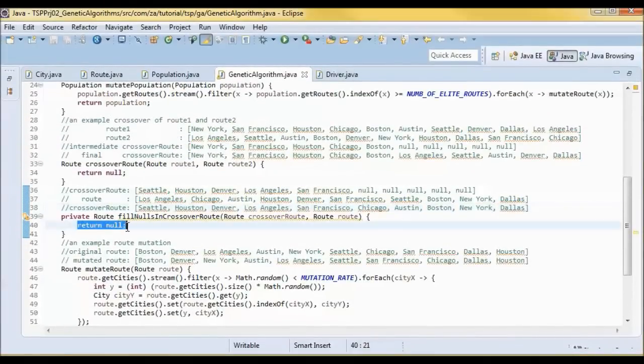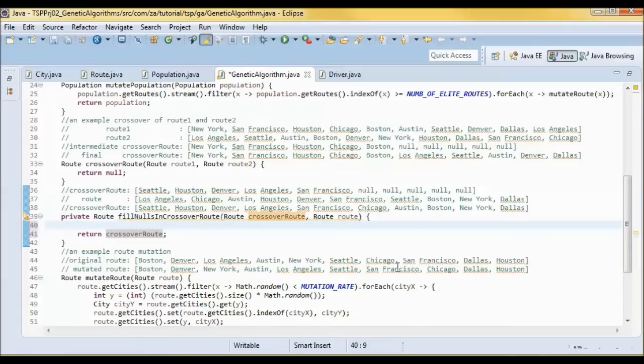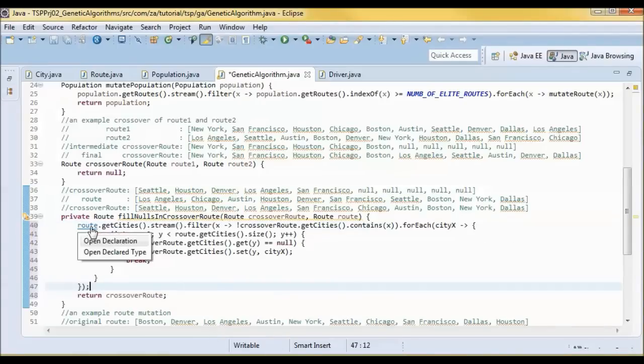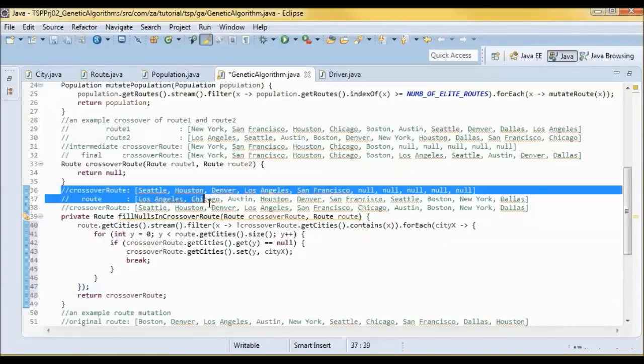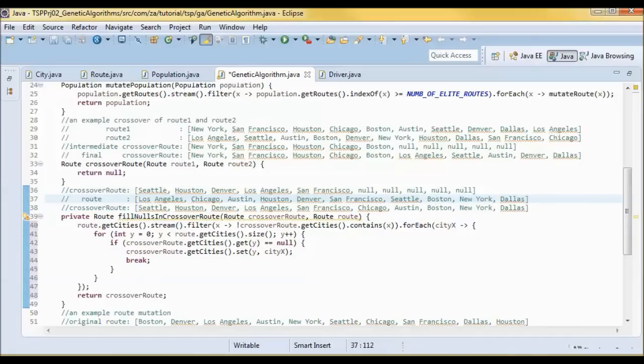So here I will be returning this crossover route for convenience, but before doing that, this is the code that would achieve this functionality. I'm using the filter method here, and I'm checking if the crossover route getCities contains X, if not, then I'll go ahead and do forEach.